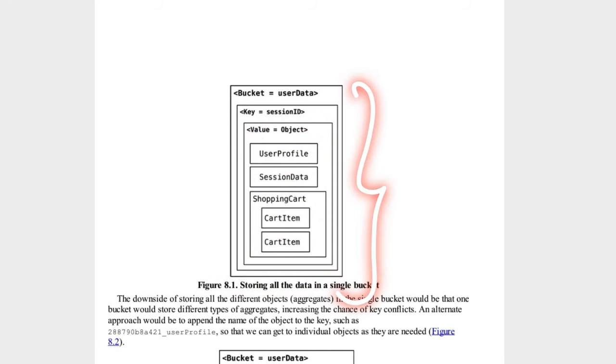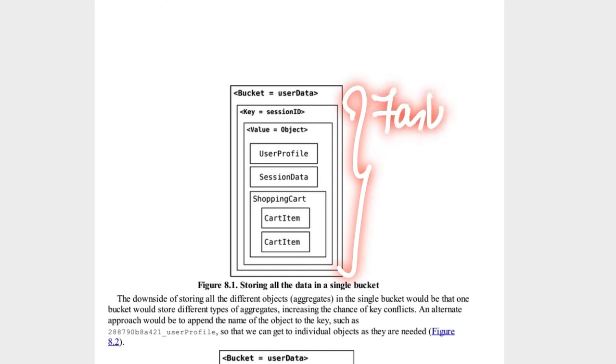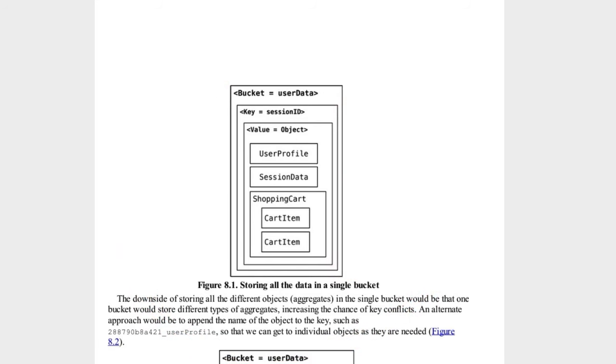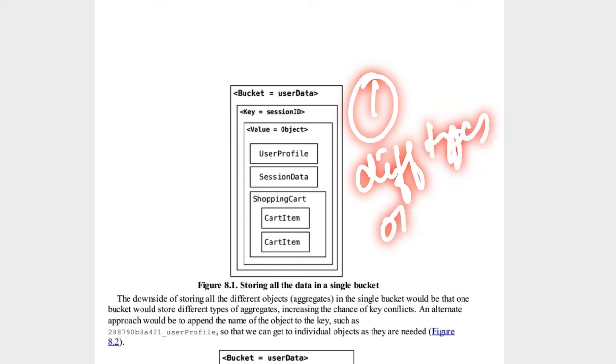If we speak about the advantages, it is very simple, right? All data is stored in a single bucket without any requirement of a complex schema. Next, it is faster lookup. Faster lookup means with a single key we can retrieve all the relevant data here. But speaking about the key conflicts, first, if we are storing different types of data here, it might lead to collisions,